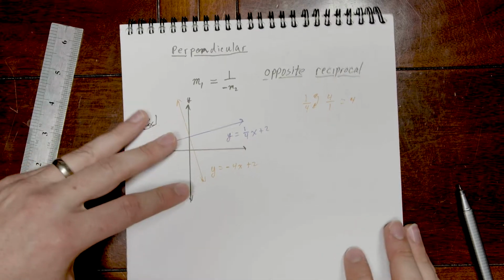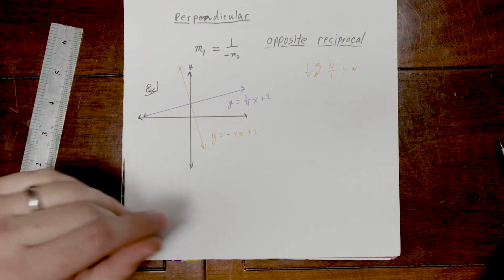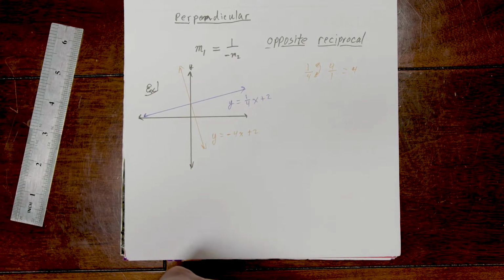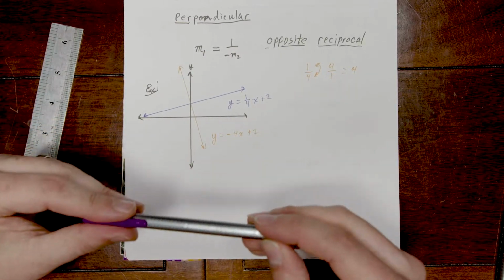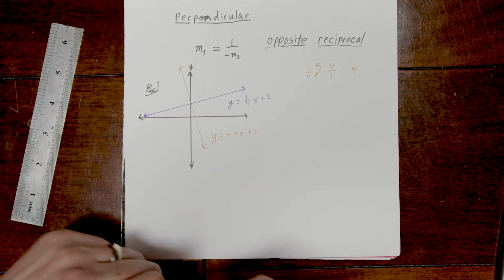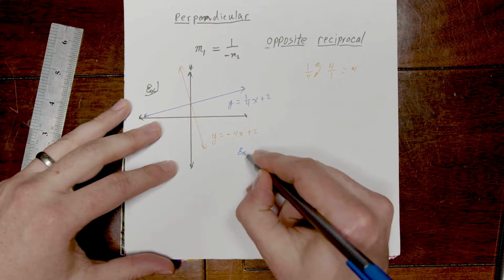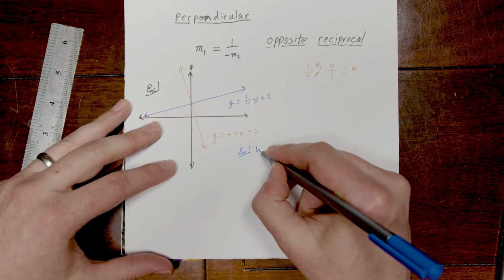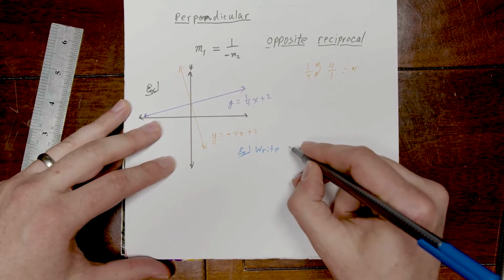So if we had an example like what we've been seeing in all of our other examples, where we're given two points and we have to find the line, or we're given a slope and a point, we have to find the line. We might have an example where we want to write the equation